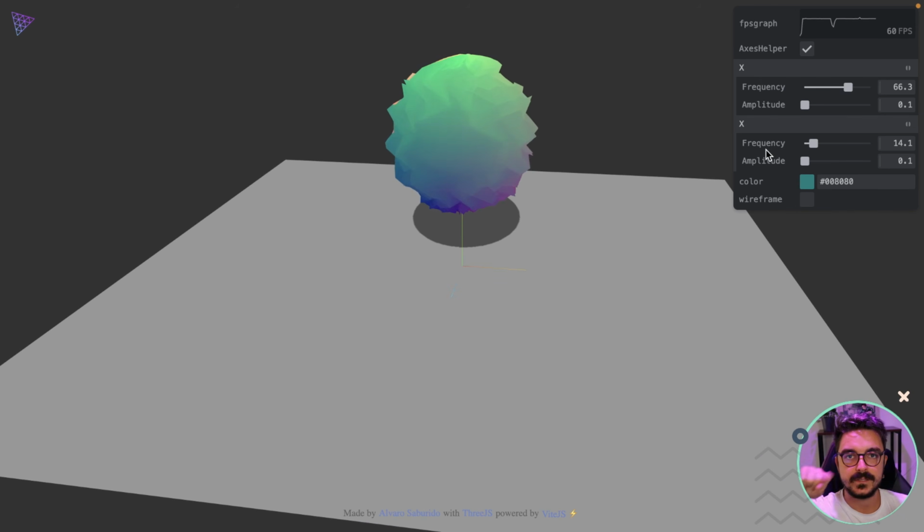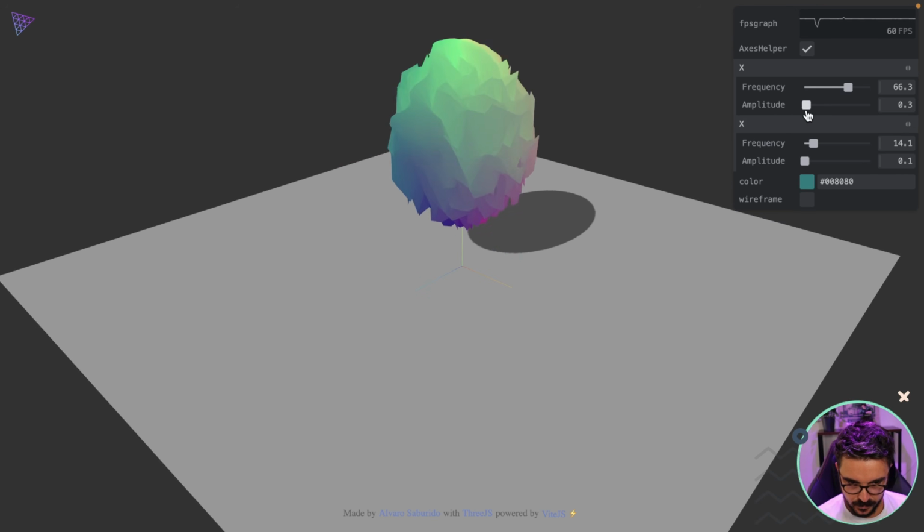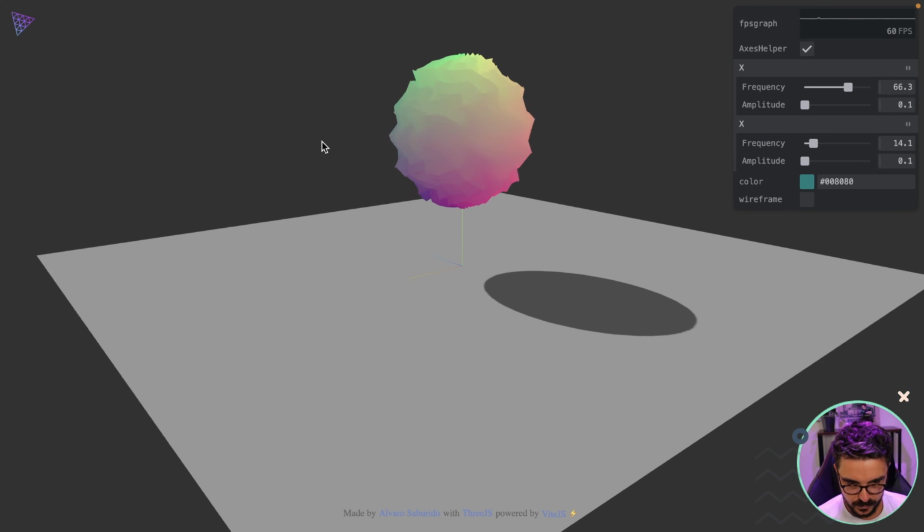It's not only one direction, like we had on the plane that was doing the sine wave, but right now we have it on the other axis as well. So it looks kind of cool, like a video game portal, something like that. If we change the amplitude, we can make it more exaggerated or more fluid. I prefer to put it really low because it looks really good like this.